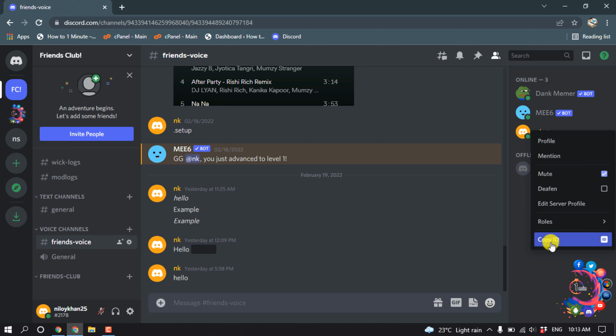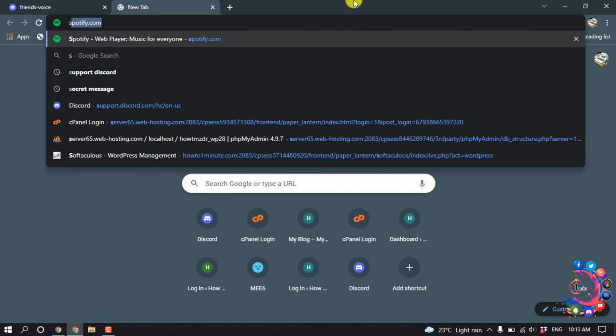So one more thing, if you haven't turned on the developer mode, then you can't find this copy ID here. So go to advanced section and turn on developer mode, then you will be able to see this option copy ID. So all you have to do, click on copy ID and open a new tab and type here